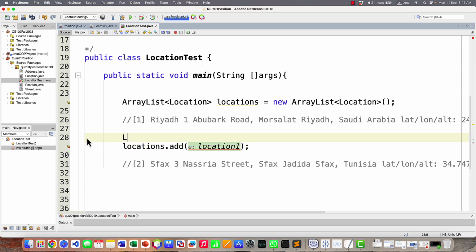So I can do that. I can make location 1 equal new what? New location. Okay. So I have a default constructor here. I can create an object by default. But if we want to use the full argument constructor, which is this one,